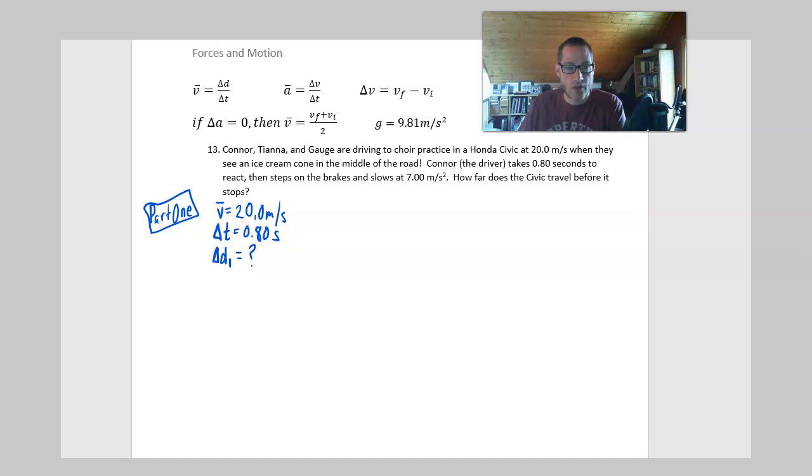So what equation are we going to use? We have v bar, delta t, and delta d, and we're trying to find delta d. Well, there's only one equation that has delta d in it, so we're going to be using that equation. I guarantee it. And the nice thing is you have all the things that you need. You just need to rearrange the equation. So I'm going to do that. We want to get delta d by itself, so I'm going to multiply both sides by delta t. So you're going to have delta t v bar on this side and delta d on this side. Okay, and so we can simply just go delta d is equal to delta t v bar, which is equal to